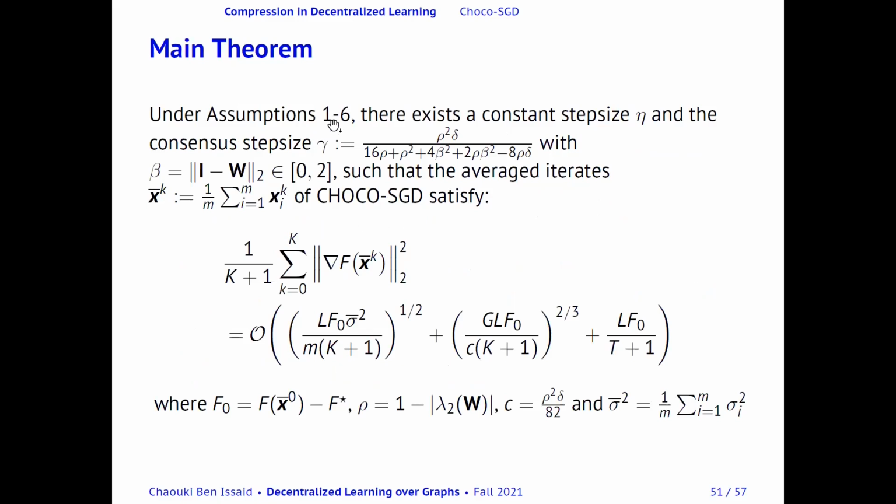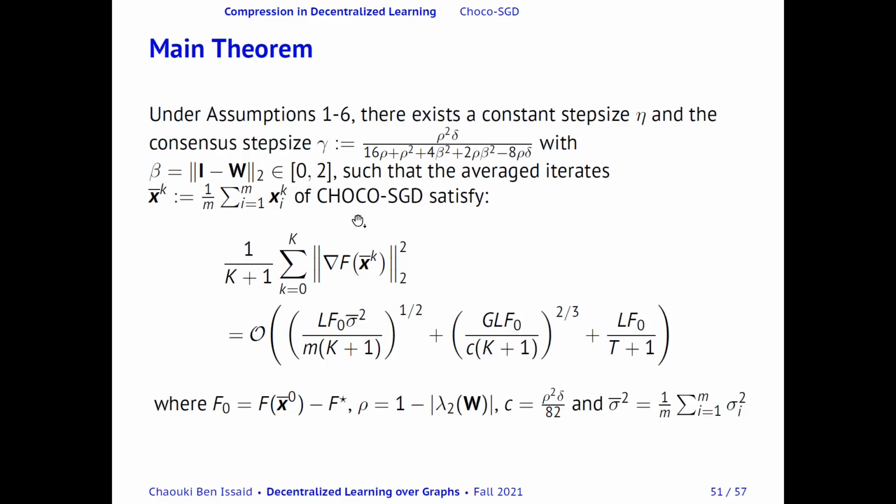So under assumptions 1 to 6, there exists a constant step size eta, and the consensus step size gamma, defined as follows, where rho is the spectral gap defined as 1 minus the modulus of lambda 2 of W. Delta is the parameter defined in the property of the compression operator, and beta is defined as the norm 2 of the difference between the identity matrix and W, and this beta happens to be between 0 and 2,